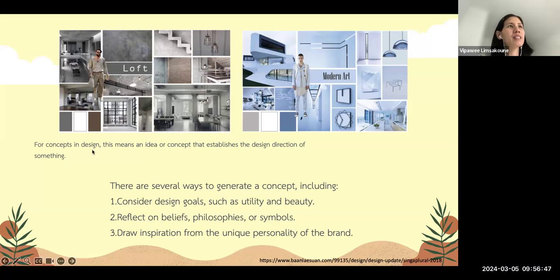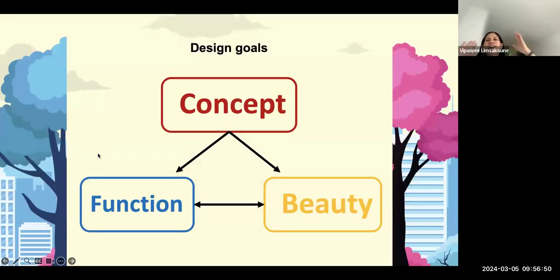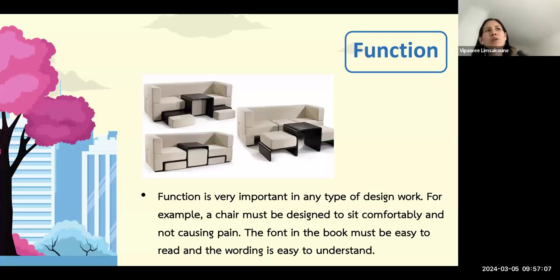Let's go next. So that's the keyword: your goals. What are your goals? Are you including concept as well? Usually we have all of it. We have concept, function, and beauty when we design. This one is an example of function. You see the sofa, right? If only two people sit, then you don't need to remove the table in front, and you can save some space. And it needs to be comfortable to sit on, not causing pain.